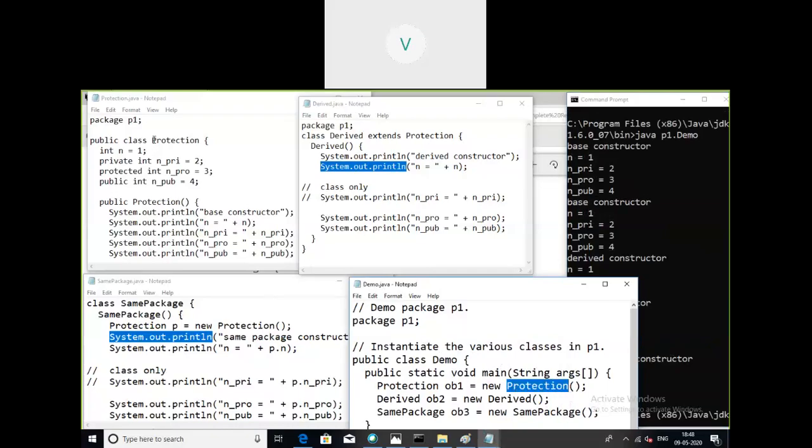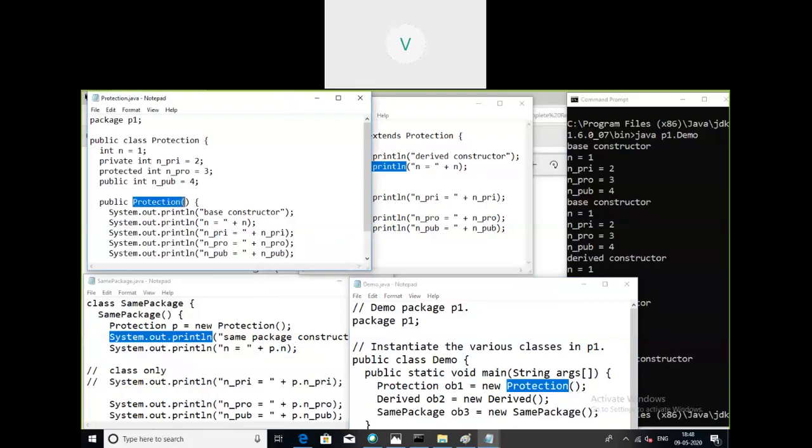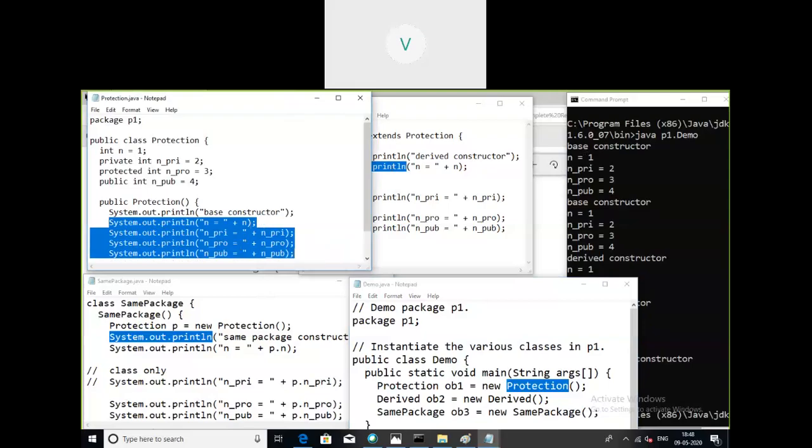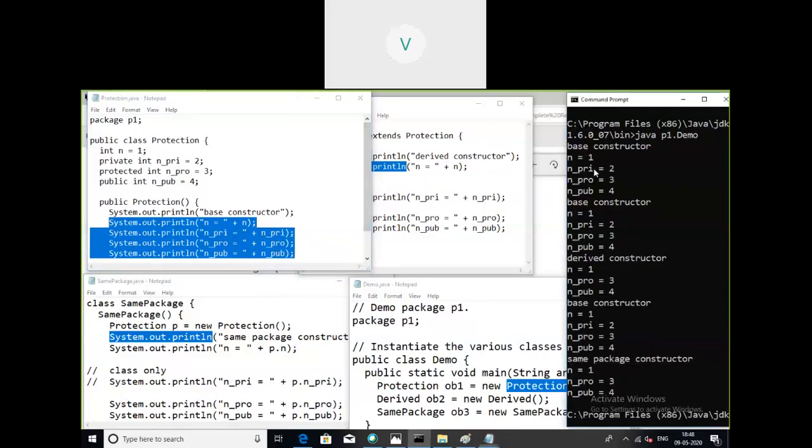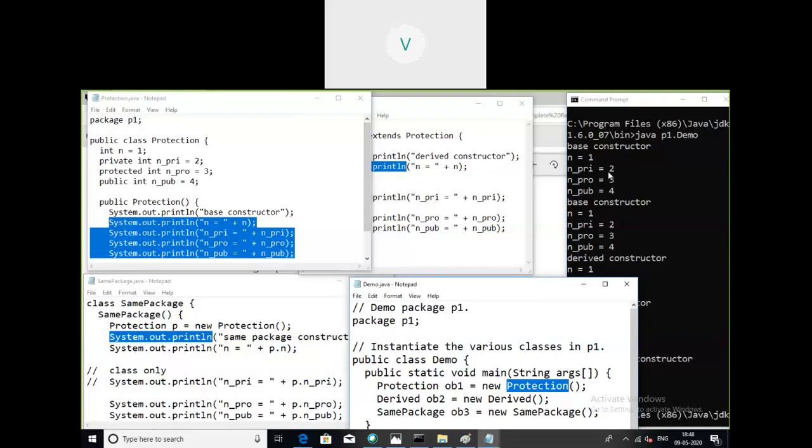So here is the constructor of the class protection. What is happening in it? We are just printing a statement called base constructor. That is the first line. Then we are displaying values of all the variables: n, default access, private access, protected, and public. The values are 1, 2, 3, 4. So the output is: base constructor, n equal to 1, n private equal to 2, n protected equal to 3, n public equal to 4. These 4 lines are displayed by this statement.